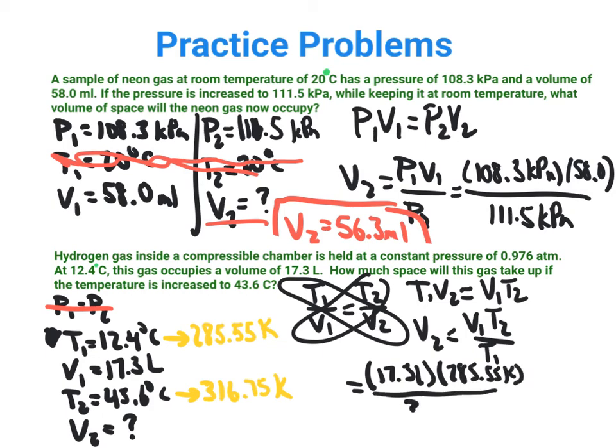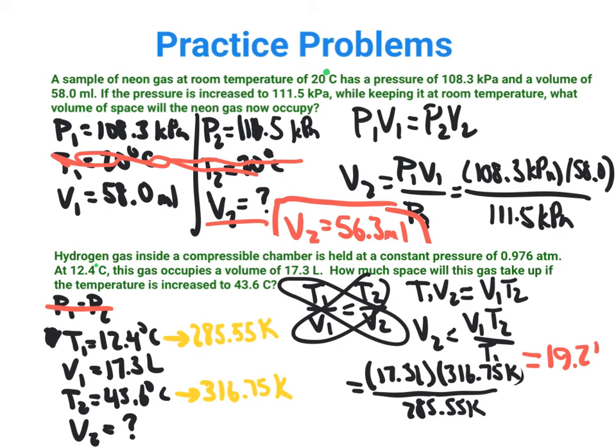over 316 point, whoop, I got these backwards. See, that's the tricky part of all this, is you got to make sure you put the right one for T2. So that's actually 316.75 K. See, I make mistakes too. And then this bottom one is going to be T1. So it's really important you write these out. That's why I write them out. 285.55. When I plug it into my calculator, I get a final answer of